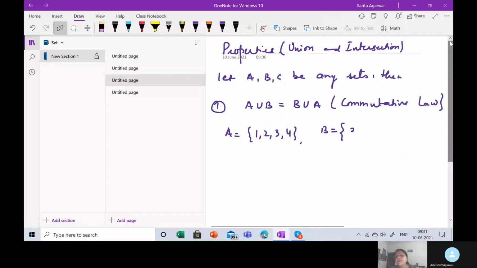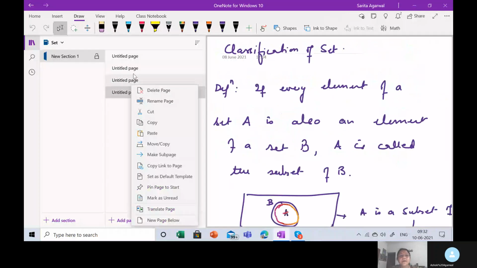Let me see. This is stuck. I have taken a new base, so this is not deleting, it's just